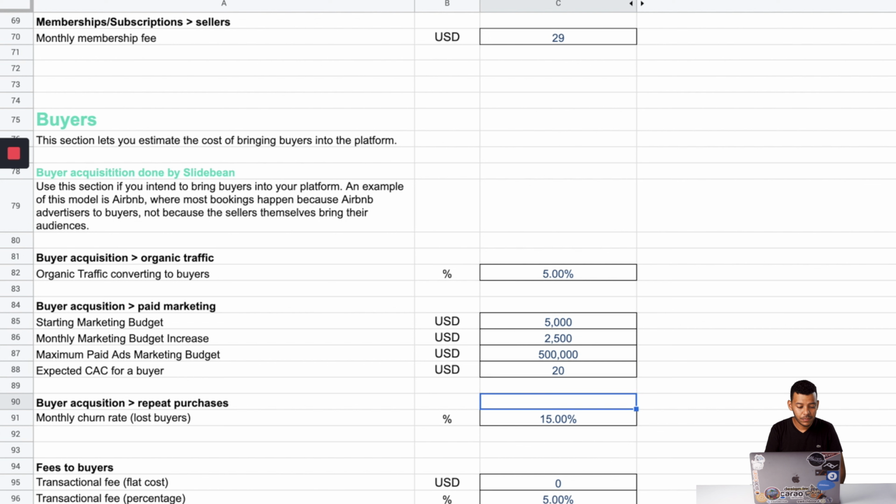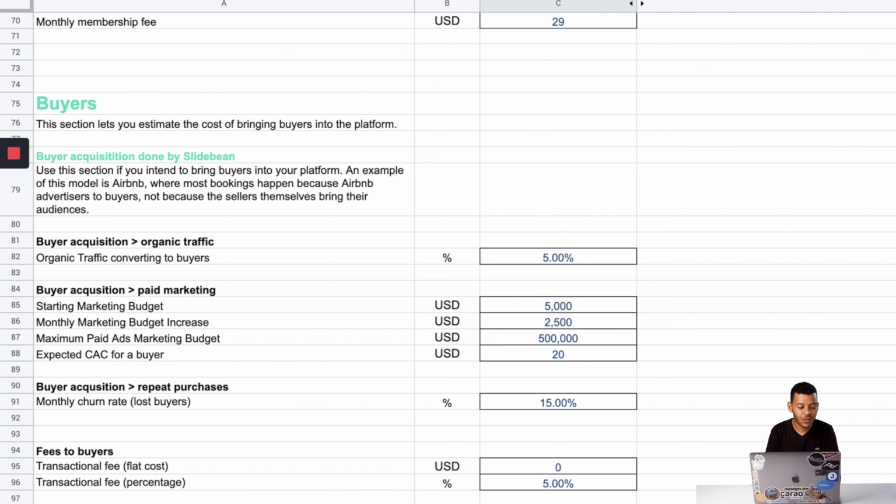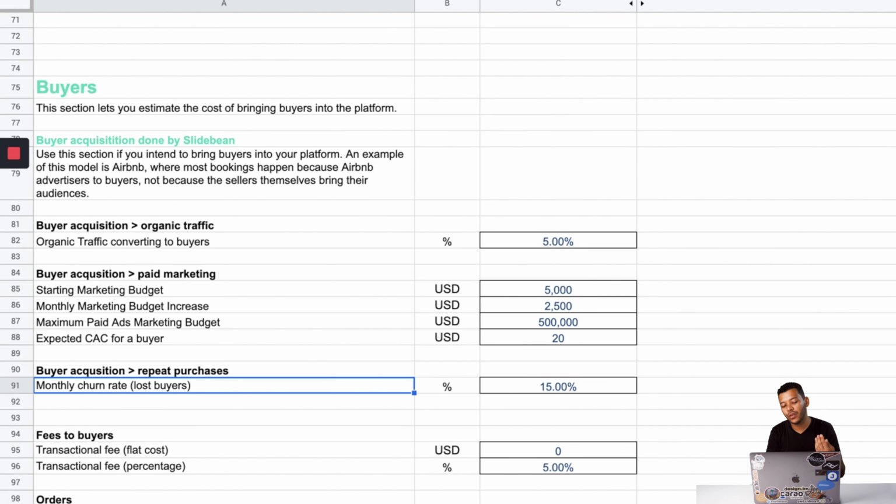And then the expected cost of acquisition for a buyer. This is potentially going to be cheaper because these are customers. They're probably buying goods or services. They're not sellers, which are a much rarer type of user. So for buyer acquisition, you can also estimate repeat purchases. So out of the people that have purchased something, how many of them are willing to come in and do a repeat purchase? We're going to look into that in a second, but there's going to be a churn rate,